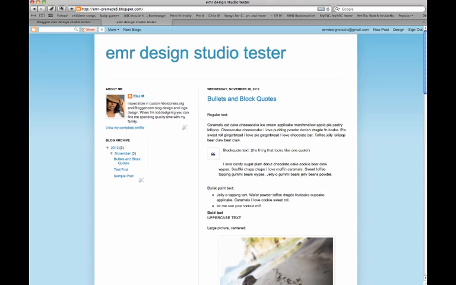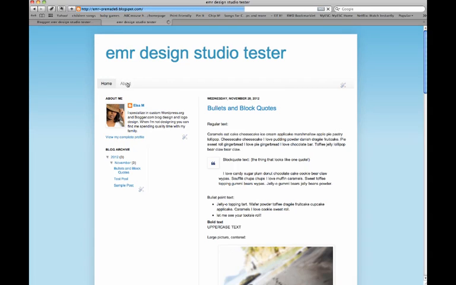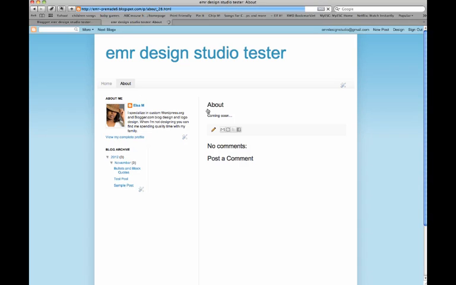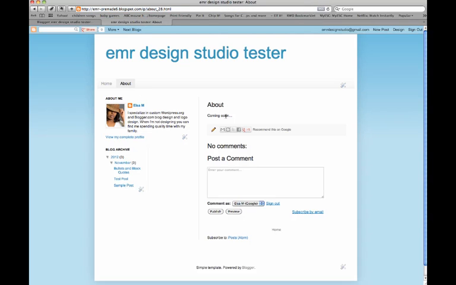Now if we refresh our screen, you see that now the About page is there. If I click on it, it'll show me my page and it'll say exactly what I added in the content, coming soon. Now let's go back to home